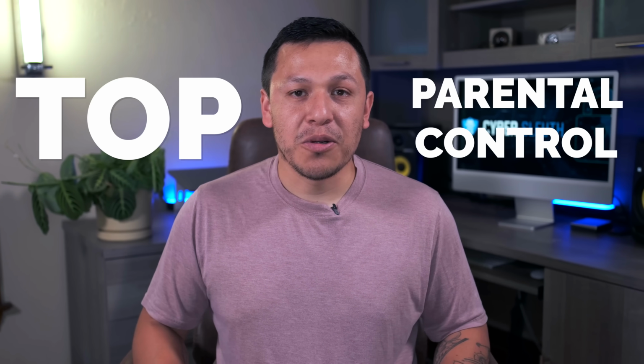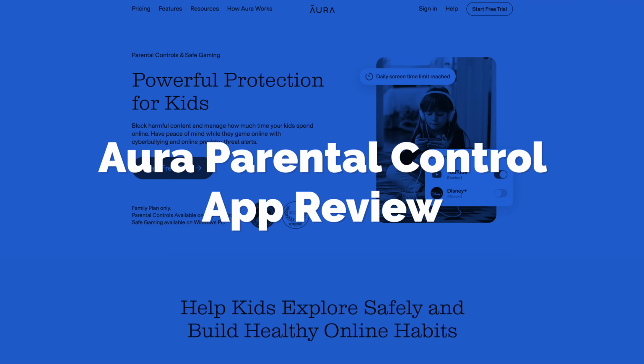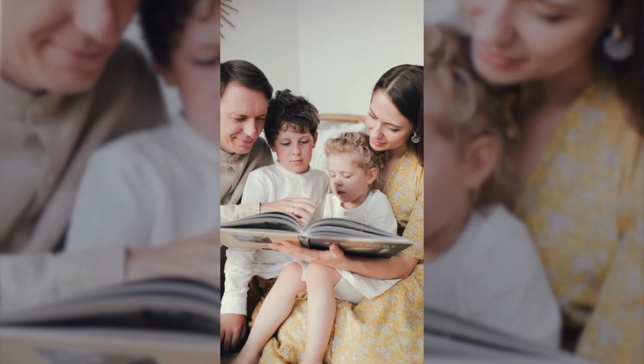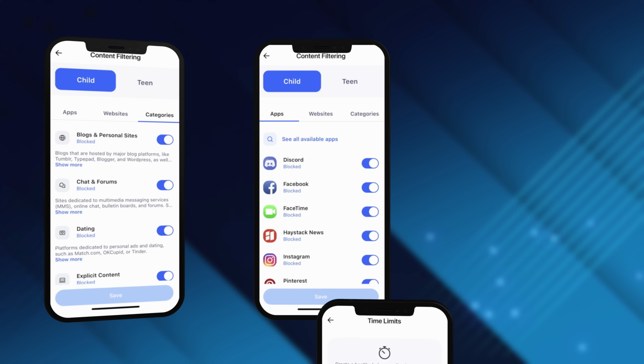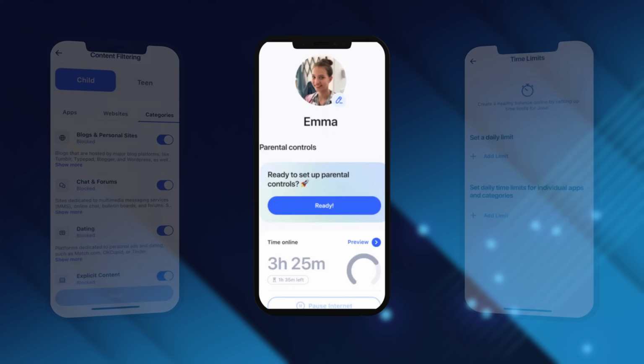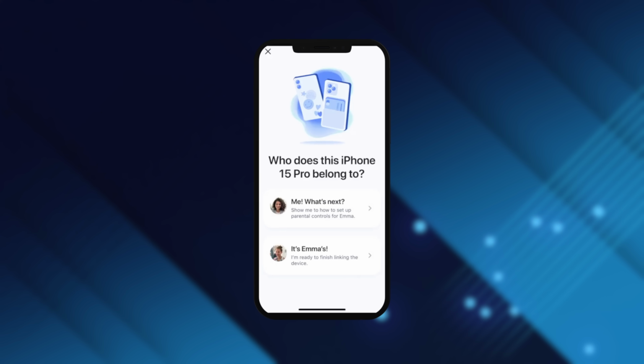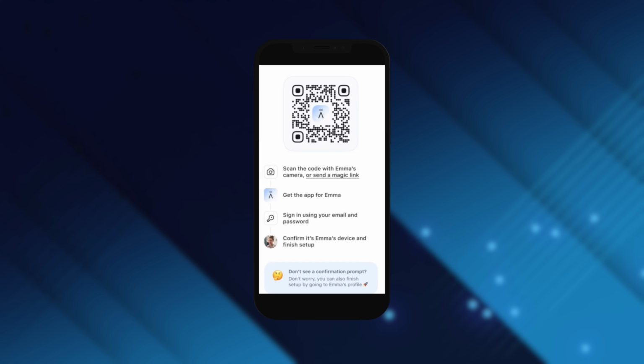In this video, we're going to be reviewing one of the top parental control apps on the market, Aura, to help you decide if this is the best monitoring app for you and your family. We'll be discussing some of the main features of this app, including content filtering, app management, and of course, screen time limits. I'll also take you through the setup process, including my #1 tip to avoid setup pitfalls and